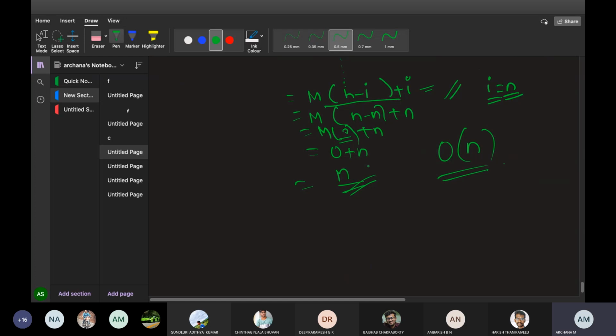Any doubt, you can ask me. The only thing is, the third step is very important in recursion. If you're getting any problems, these three important questions are very important. Go through these formulas for whatever topic I'm covering. That is more than enough for you from an exam point of view. But to learn, you have to technically think of how many times that function is being carried out. This is the final answer. In the worst case, I'll get n for a recursion.